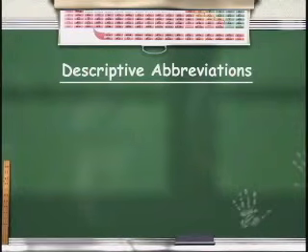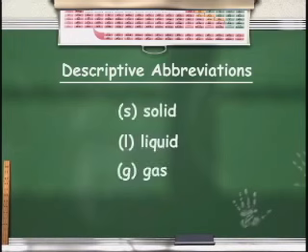Chemists often use abbreviations to be even more descriptive of a chemical reaction. You need to know these abbreviations so that you will be able to properly read a chemical equation, and you will also be able to include these abbreviations in equations you're writing. You need to make sure that you write these abbreviations in parentheses and that you write them right after the symbol or formula of the substance they're describing. First of all, the states, solid, liquid, and gas, are easy. Remember that state just refers to the form in which you find a chemical. You use an S to represent the solid phase, L to represent the liquid phase, and